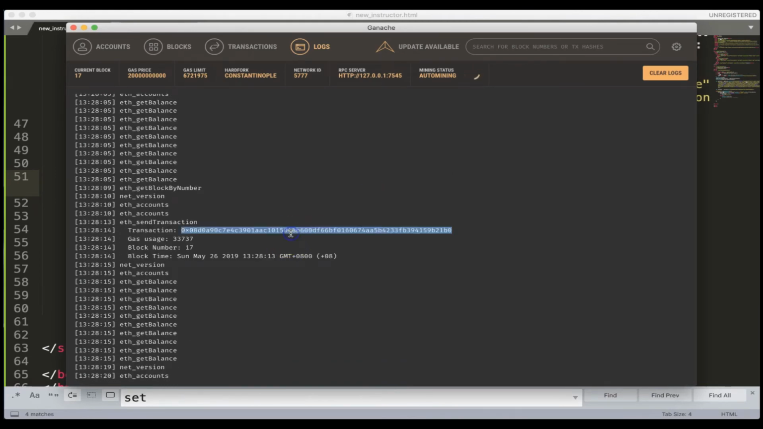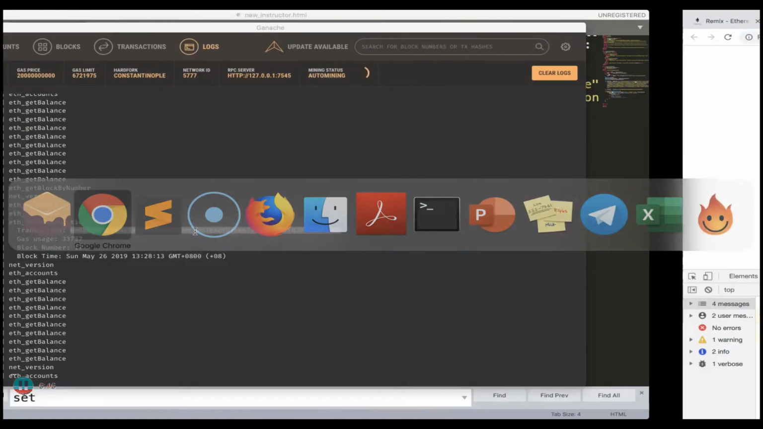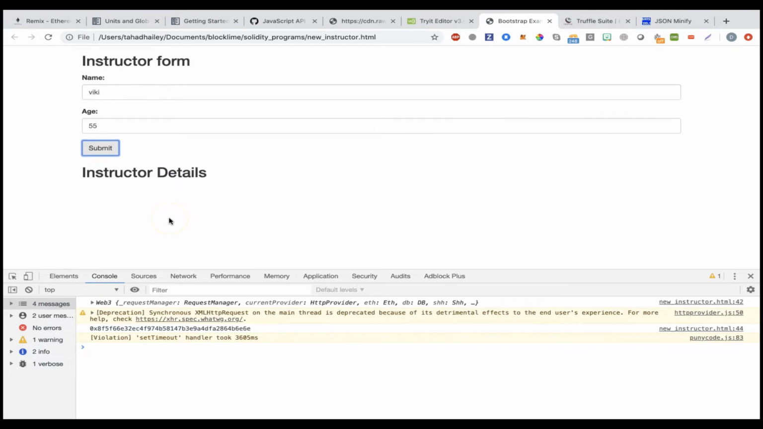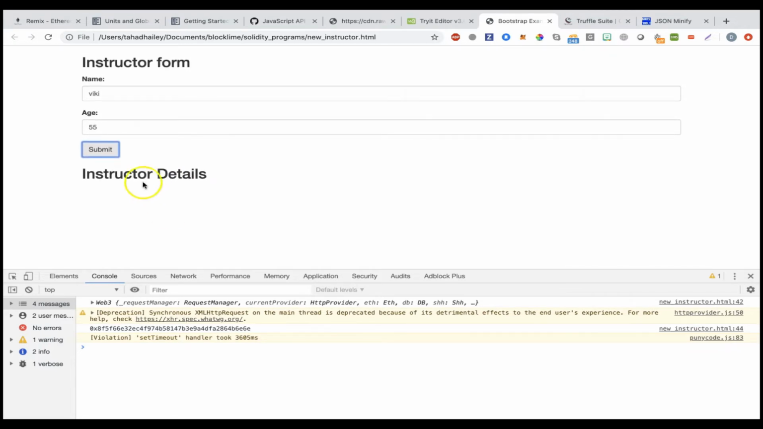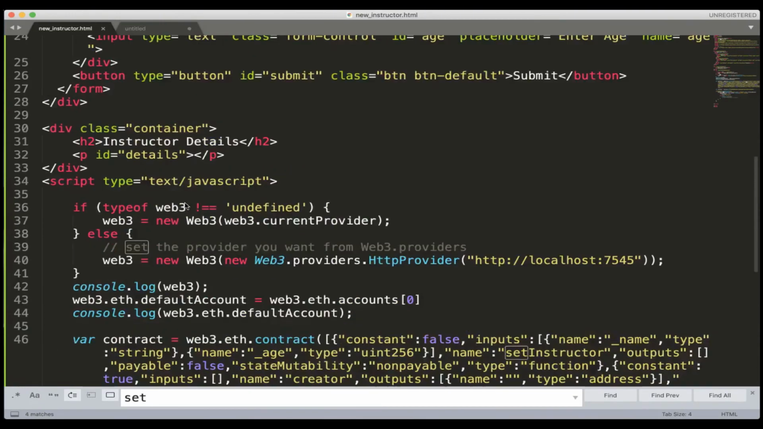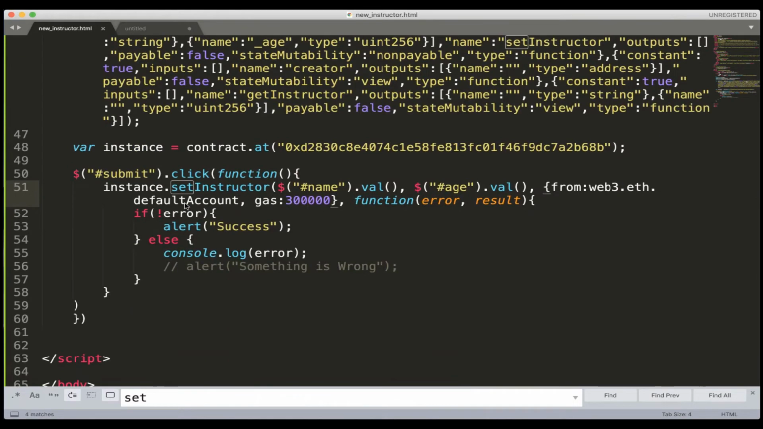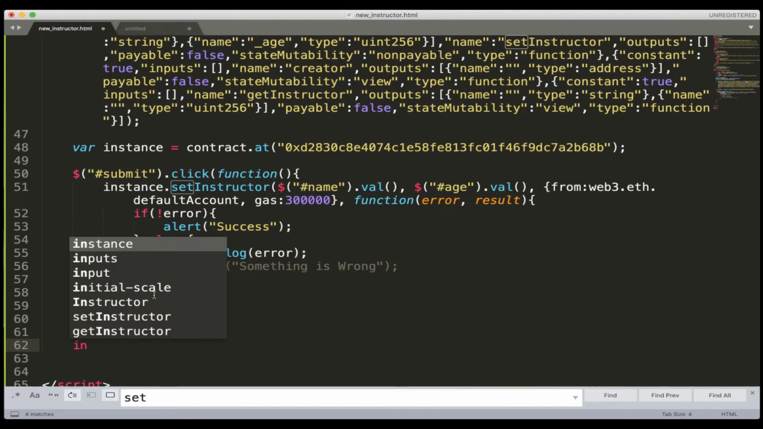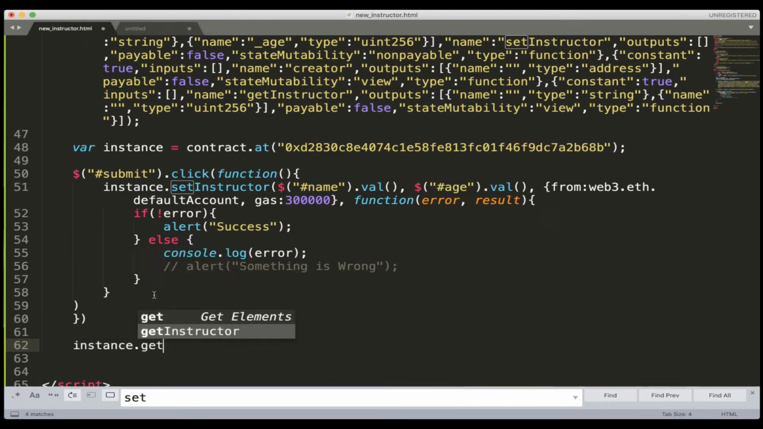You can see the transaction getting executed here in block number 17, and this is the amount of gas that was being consumed. You can see the transactions here as well. So coming back to the form, now let's display our data here, but we'll only be able to display by clicking a button. So let's keep a button, or basically you don't need that. You can also directly call it from here. Instance dot get instructor